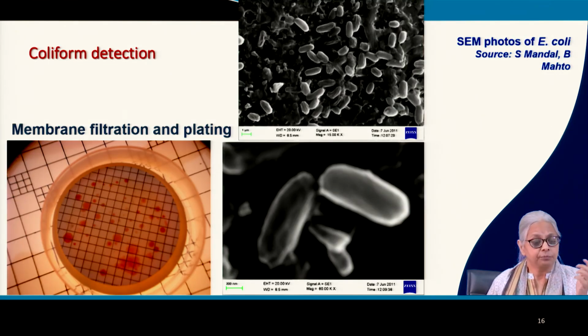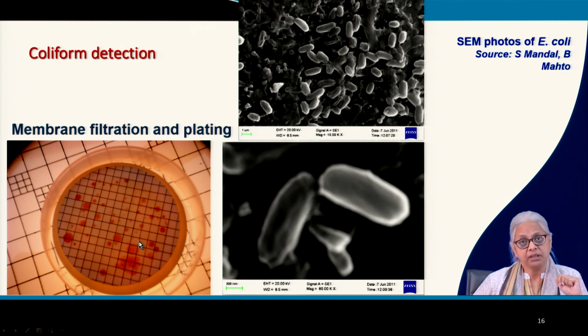These are the results of membrane filtration. I've already mentioned membrane filtration, where you take a water sample. So for people like me who work with water samples, what do we need? Water, unlike wastewater, has very few cells. Cell concentration is in the range of about 1000 cells per ml or even less. When you're dealing with water samples, not like wastewater which has billions of cells, which have very low cell concentration, then you need large sample volumes to get a detectable number of cells or cell colonies.